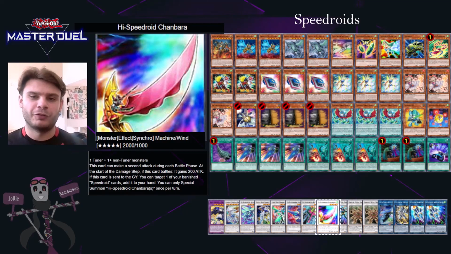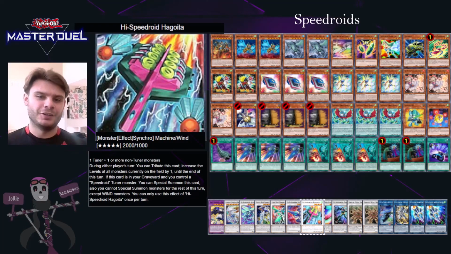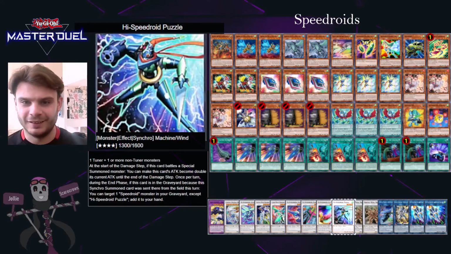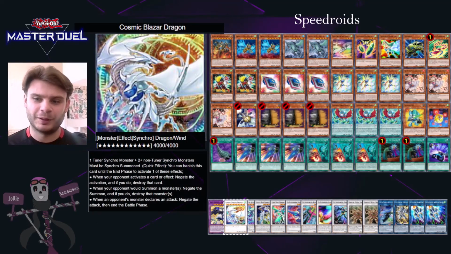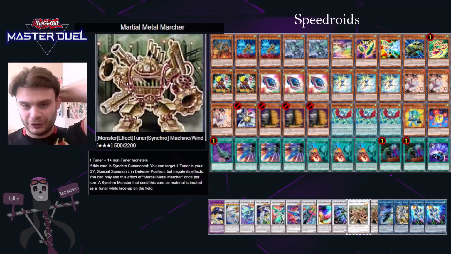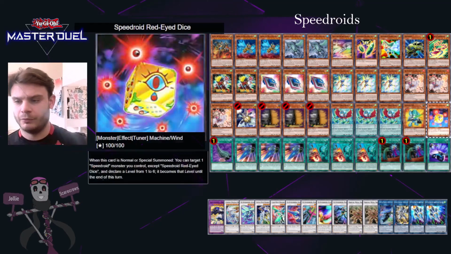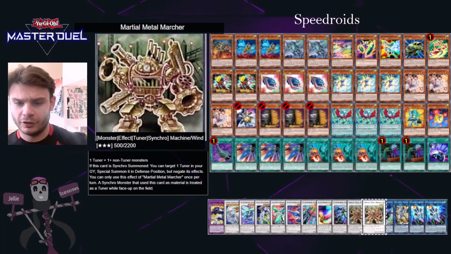That is one of the other main reasons why it is so important, because then you have the 3-star, you'd have the 5-star, you just need the puzzle to unlock Cosmic Blazar Dragon. It becomes a bit harder now, because you have to use this. And it's a decent card, Metal Marcher, so it's the one you'll basically be summoning with the Red-Eyed Dice, and this lets you special summon